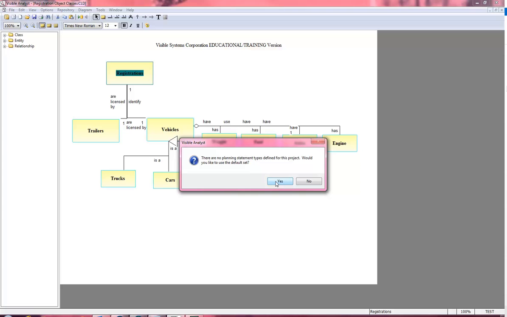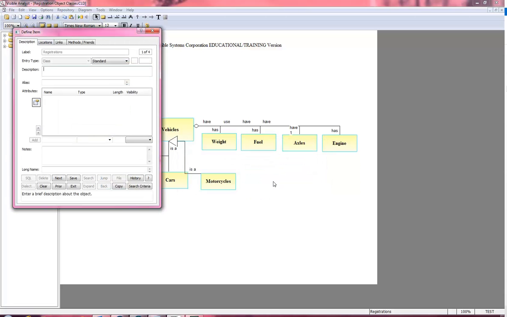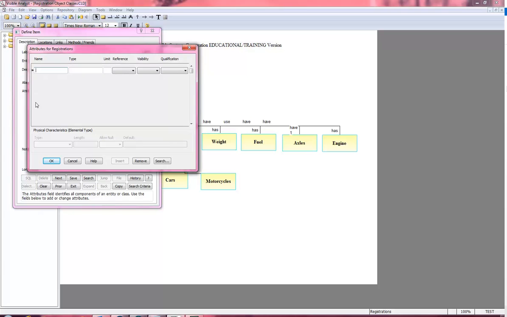Move the entry cursor to the attributes field, which is here. Click the attributes details button, which is this. Or select add change from the repository object menu that is displayed when you right click in the attributes field. Type values for the registrations class object as shown in figure 10.3 and then click OK. Figure 10.3 is on the next page. So we have registration identifier. Again, it's real important that you spell these